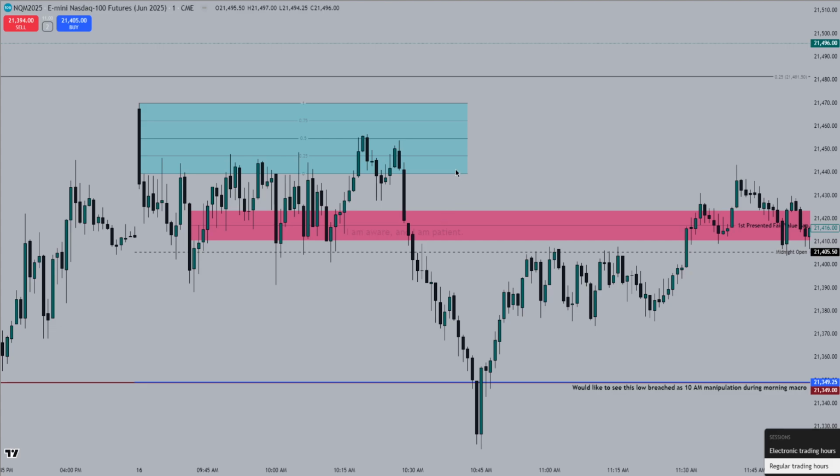Anyway, after we had this big move over here that went down to that sell side, we started to get some returns higher, trading higher, accumulation here, and then we continue higher. And then as you can see, we get very sloppy at around the first presentation for value gap. And then from there, that ends off our morning session. This is where the 12 p.m. lunch session starts.